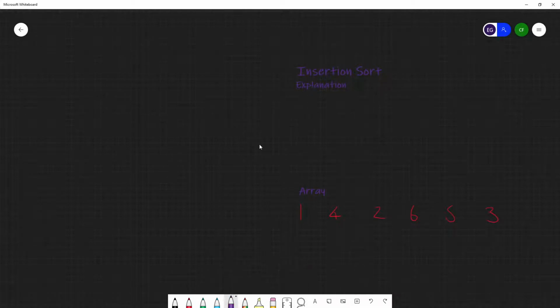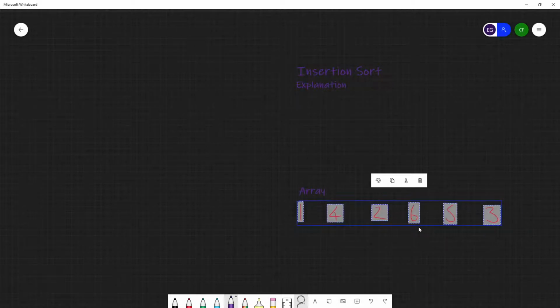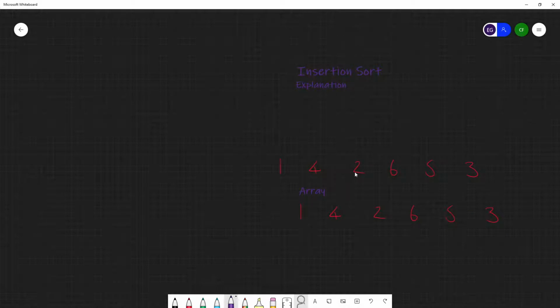Okay, insertion sort. I quite like insertion sort. It's a cool sort. The whole idea behind insertion sort is looking backwards. If you have a sequence of numbers and you're looking to sort them, the whole point is that you start not at the beginning, but one in, and you'll look